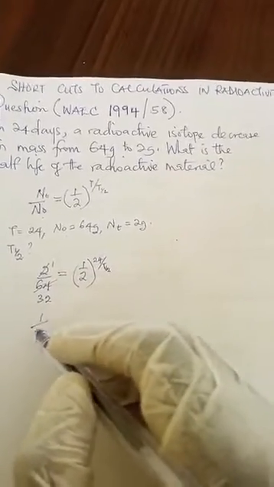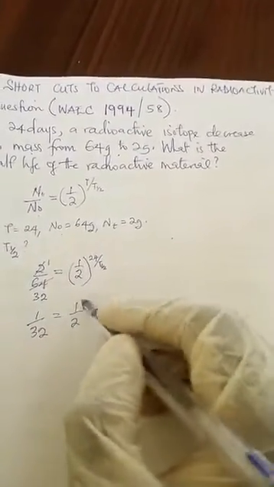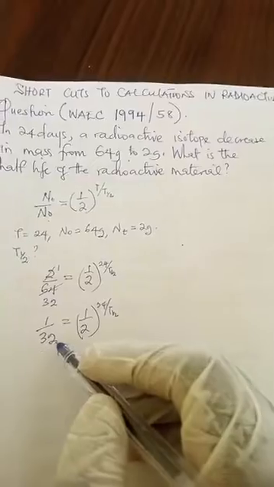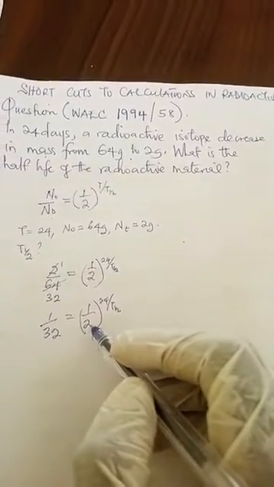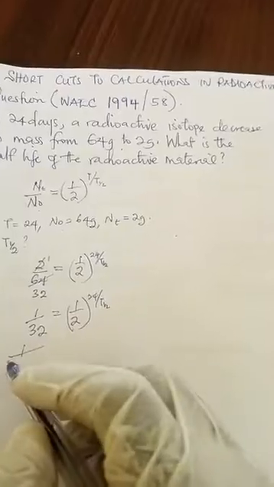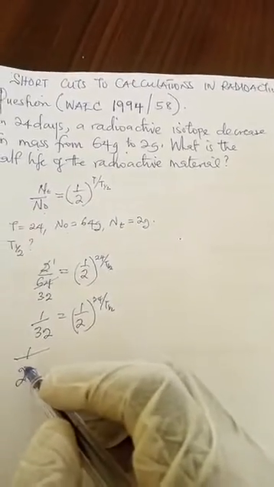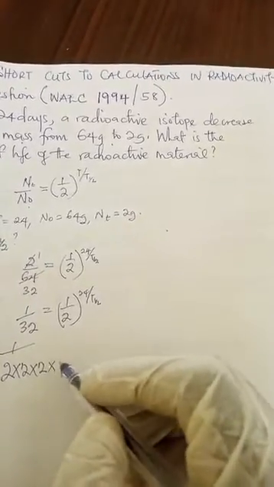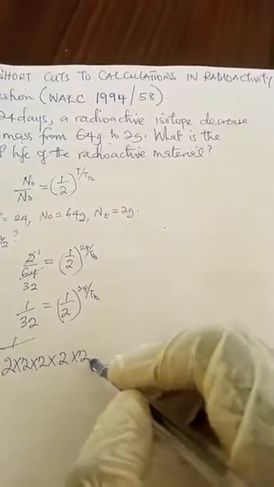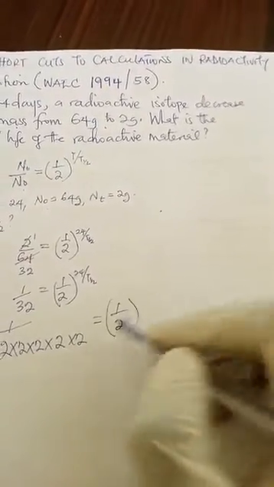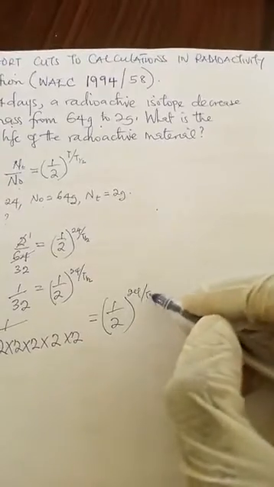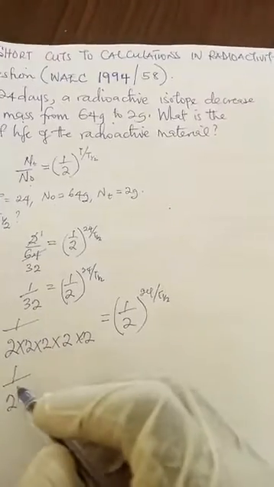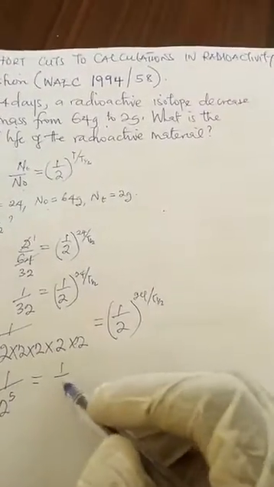So we now have that 1 all over 32 equals 1 all over 2 raised to 24 over T half. Very simple. Now, how many times will I have to multiply 2 to have 32? So I have 1 all over 2 raised to the power of: 2 times 2 is 4, times another 2 is 8, times another 2 is 16, times another 2 is 32. So generally I have 1 over 2 raised to power 1, 2, 3, 4, 5. 1 over 2 raised to power 5 equals 1 over 2